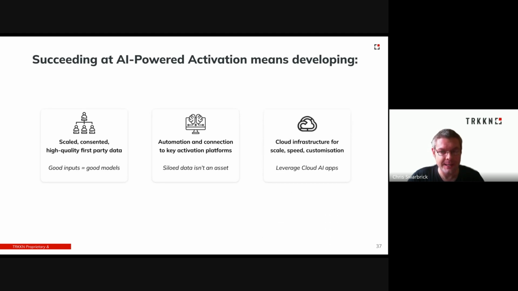And third, get comfortable with the power of cloud to enable enhanced AI capability. Whether this is hubbing your marketing data to find new insights, using tools such as Vertex AI to generate complex predictions, or developing a multi-cloud strategy to make sure you've got the best solutions for your specific goals, getting your cloud set up right and understanding what it can do for you will be a requisite to maximize AI sophistication.